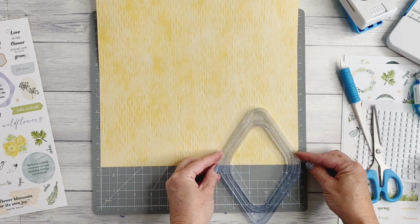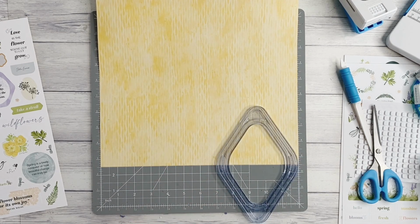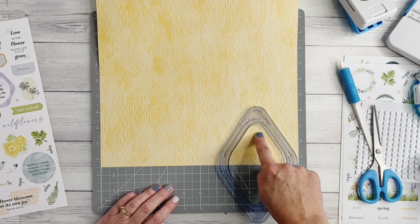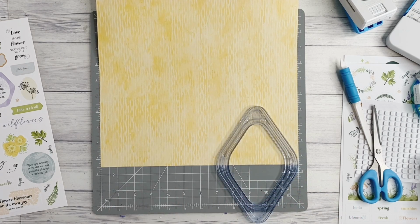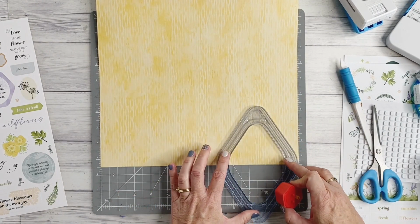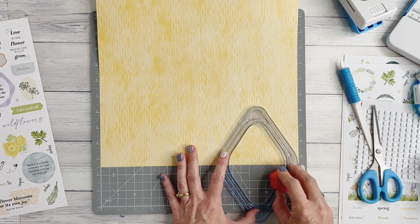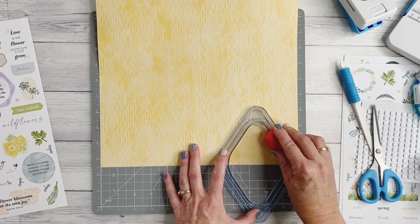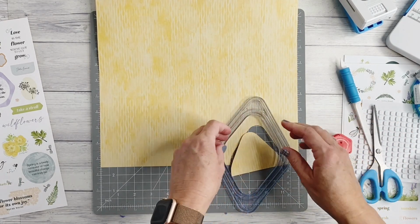And what I'm going to do is align that just approximately halfway. And you can see by the shape that I've got here that it already gives us what appears to be the top of a little mushroom. And it's just about, again, conserving paper. I'm going to bring in my red blade. And with that in place, I'm just going to cut from the inside track with my red blade. Make sure I've got that lined up. Like so, and that gives us